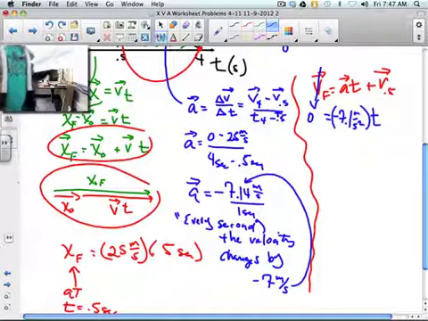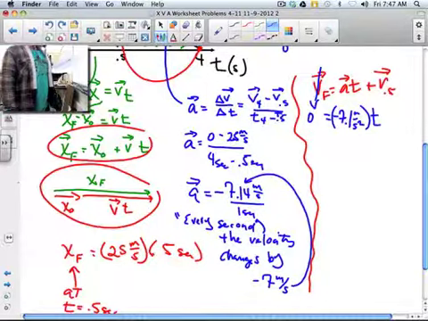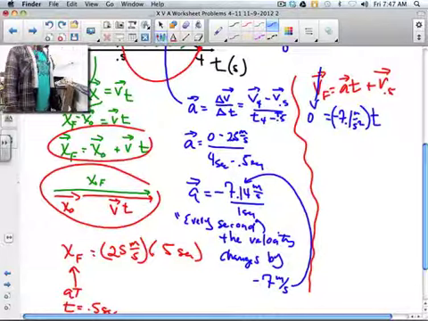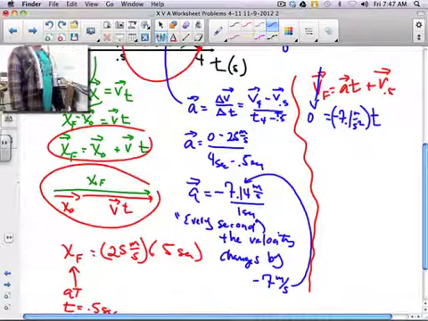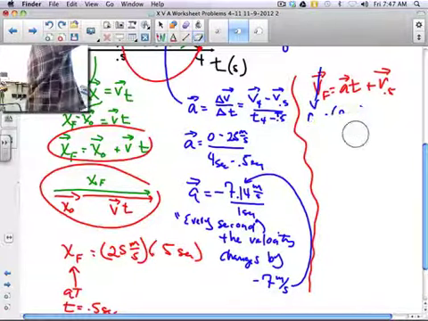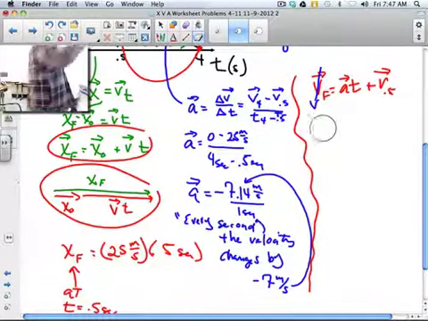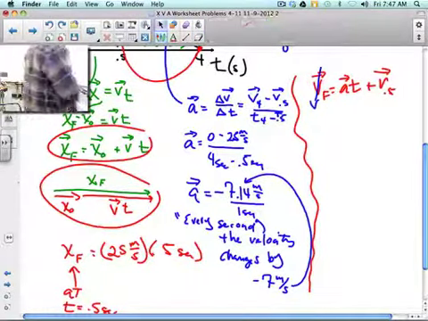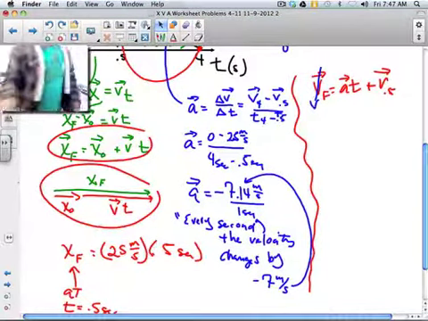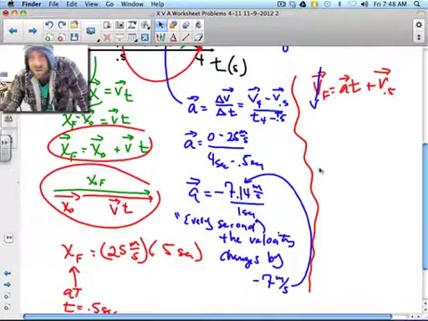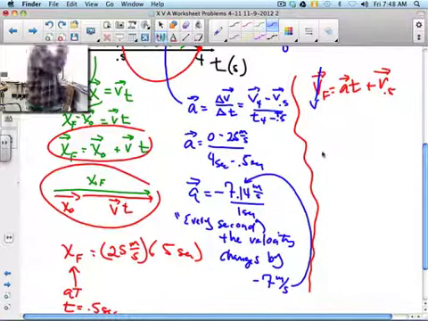It says, from the velocity time graph, determine the acceleration once the brakes were applied, and then determine how far the car goes. All right, well, this equation isn't going to tell us that. This equation won't tell us how far the car goes. We need an equation for displacement. And you'll recall that the area under your velocity graph is your displacement. Okay? So, looking at that triangle above,